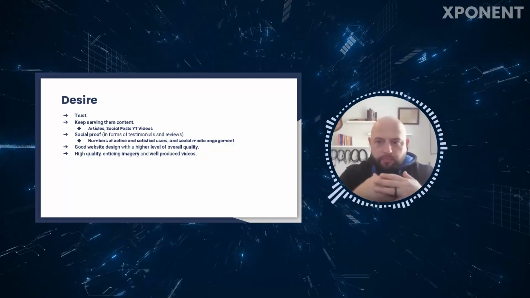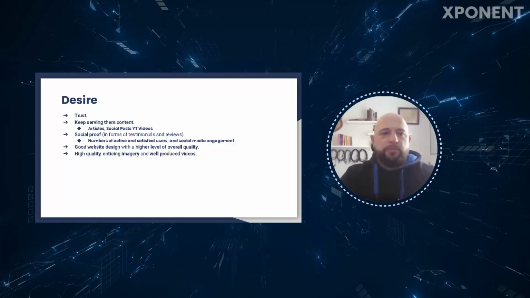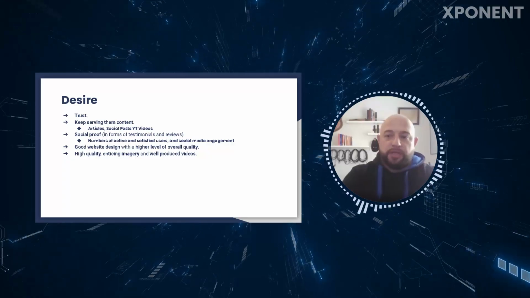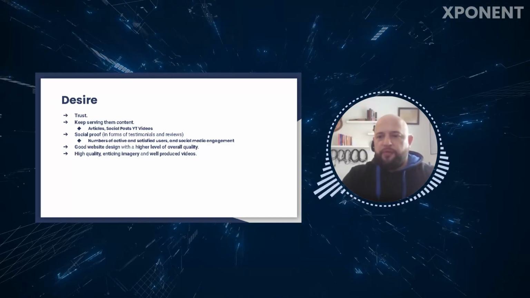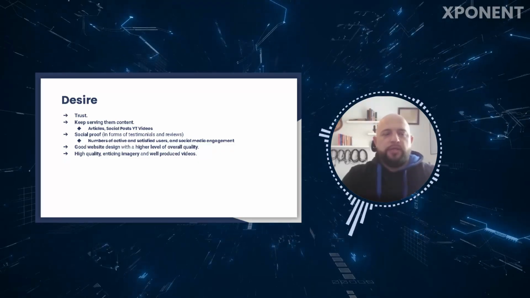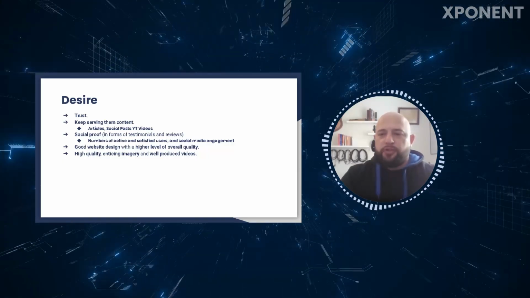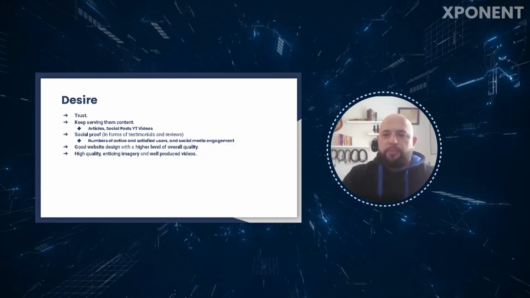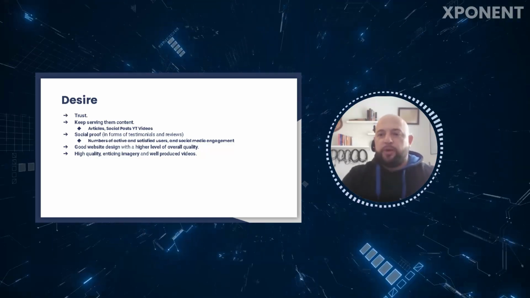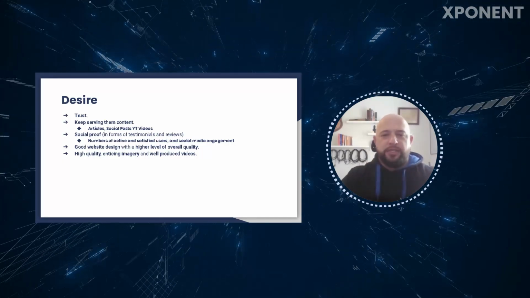Other times, it might take weeks, months, or even years for someone to build up to a point where they say, yes, I really want this, or maybe they want it, but they can't afford it. So the desire phase could really be the longest phase within the AIDA model, where someone wants something, but the timing isn't right. It could be, let's say, for example, yes, I really want those new shoes, but I've still got a decent pair of walking shoes. I'm not going to spend the money on that right now. So I'm still desiring it, but I don't have a compelling reason to actually take action.